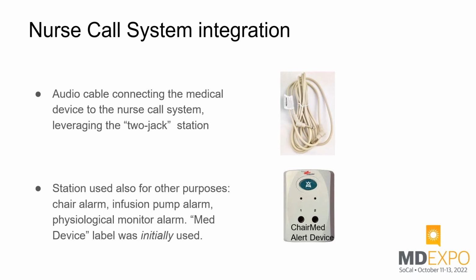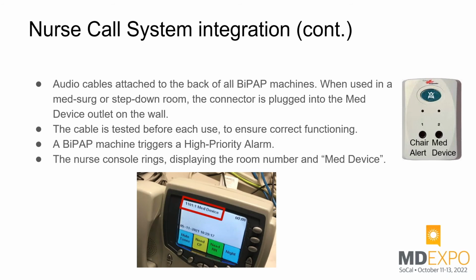From a hardware perspective, it was quite easy because it was just about acquiring the exact same audio cables that were already in use for our chair alarm devices, and that were already leveraging this station that we call 2-jack station, which again was used already for the chair alert and generically for a med device, which could be a bedside monitor, for example, or an infusion pump. So in many units, these 2-jack stations were already labeled and being used for chair alert or med device, a generic term. So we decided to keep the labeling as is at the beginning, and just start. We acquired the cables and